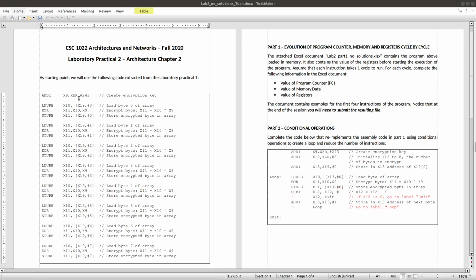If we look back again at our lab 2 part 1, we can see that each group of 3 instructions like this does the same thing: they load data from memory, exclusive OR or encrypt with a key, and then write back to the same location.